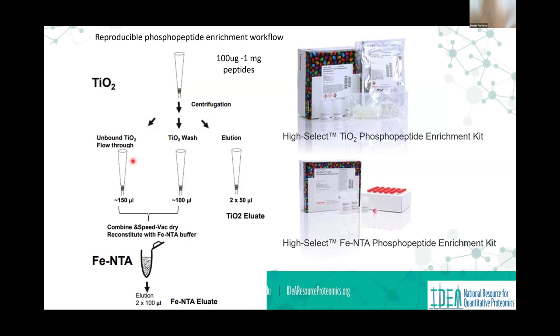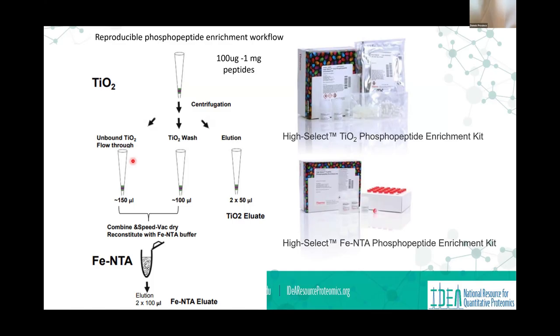And so you can do phospho enrichment. You can buy resin and do it on your own. These kits work really well. It's a little expensive, but it's within reason. And one of the things that I like about it is the coordination chemistry between titanium and iron is very similar. You're binding phosphopeptides, but sometimes interferences in the sample can affect how one works versus the other.